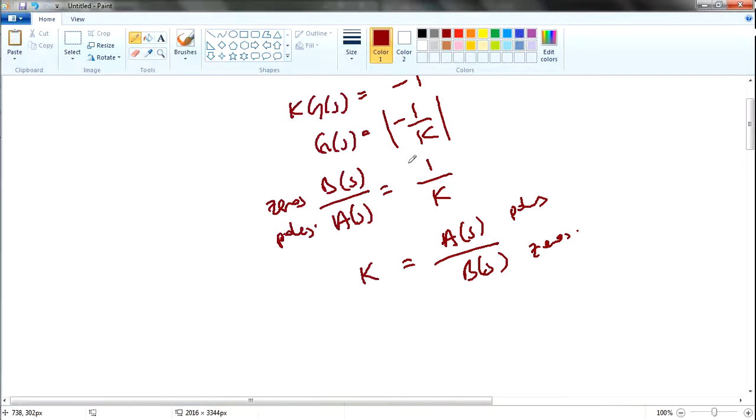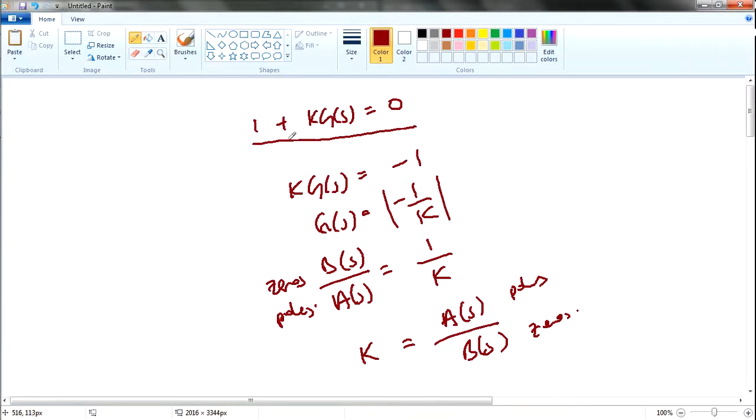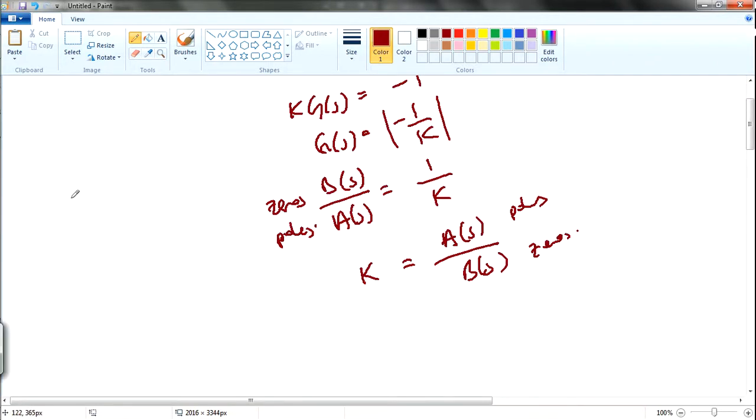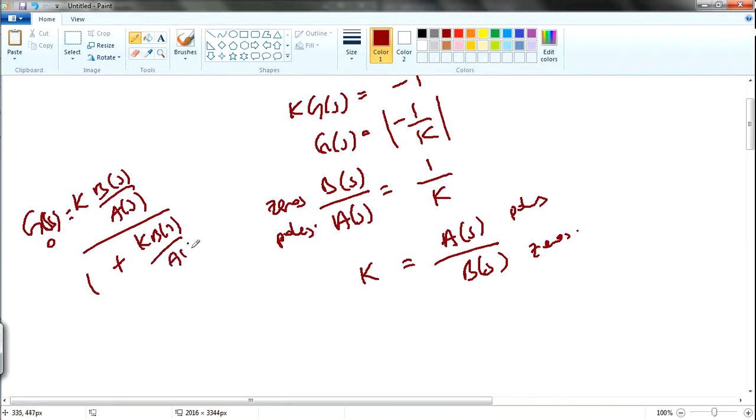Okay, you may wonder, since this is the closed loop characteristic equation, how can you have open loop poles and zeros? If you remember, the typical open loop system is like that, right? So this B(s) over A(s) is just a term, so they are all the poles and zeros, that's all. So if you were to go into closed loop, this B(s) A(s) will always stay as B(s) A(s).